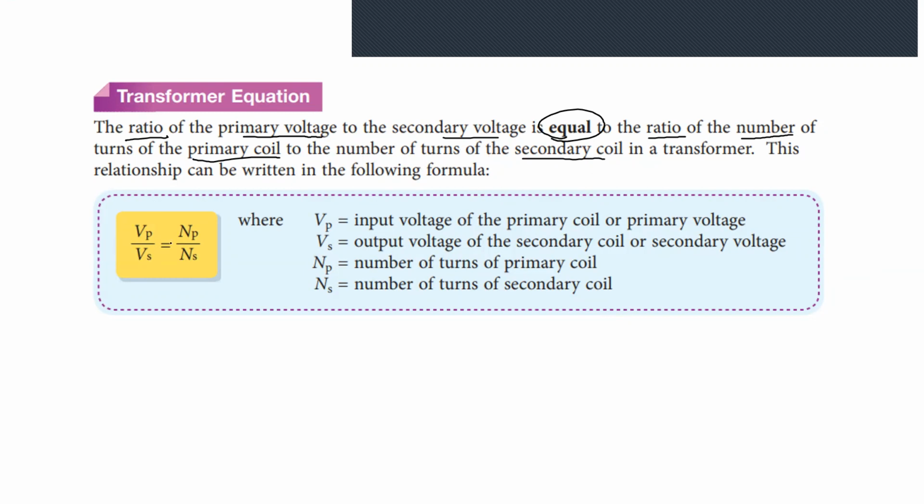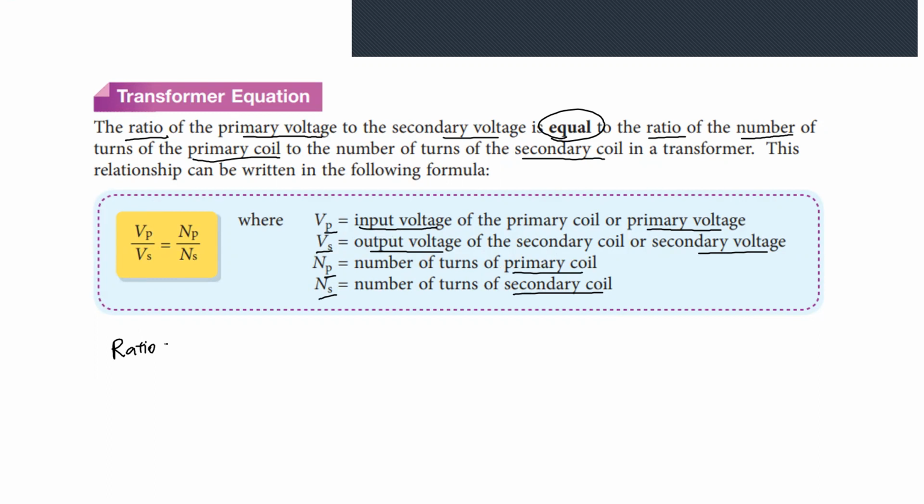Vp over Vs equals Np over Ns, where V_p means the input voltage or primary voltage, and N_p means the primary coil. P means the input one. Then Vs means the output voltage, or the secondary voltage, and Ns means the secondary coil. Alright? So since they are ratios, we can say